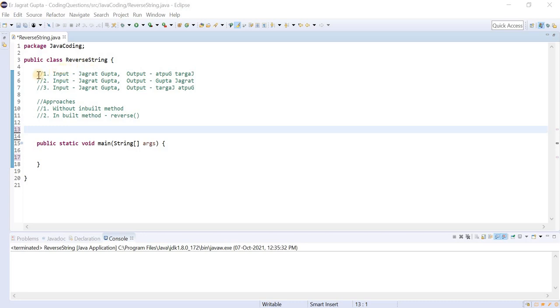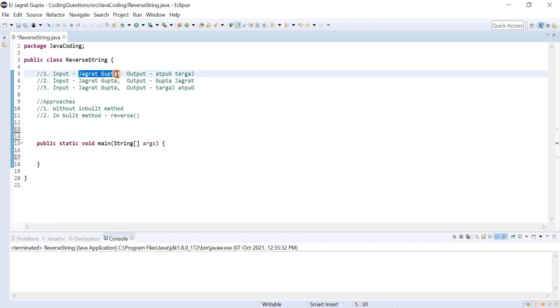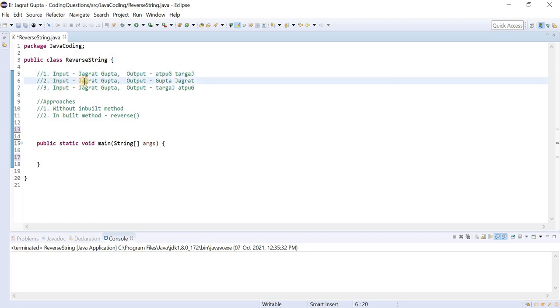Basically there are three variations of reverse string. The first variation is, let us suppose we have this input string given. We need to completely reverse it like this. So this will be the input and this will be the output. The second variation is, we have a particular input string and we need to reverse it word by word.